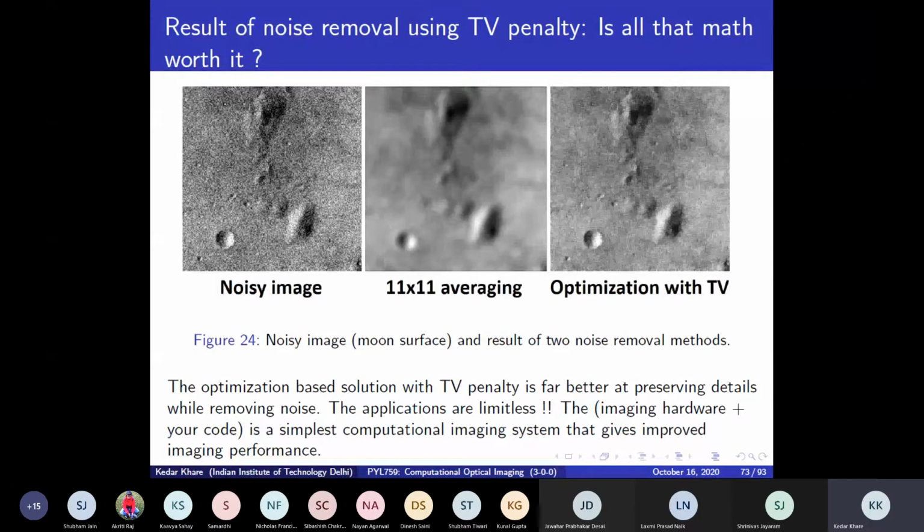Now, I'll give you an exercise when you implement this: you can just take a picture with your cell phone when there is a little less light. You can take it outdoors in the evening or something like that, and you will see that the image is grainy. Then you can apply this method that I just discussed, and you will be in a position to get a better looking image. Now, I hate to say this, but mostly your cell phones are already doing a lot of processing before they show you an image today.